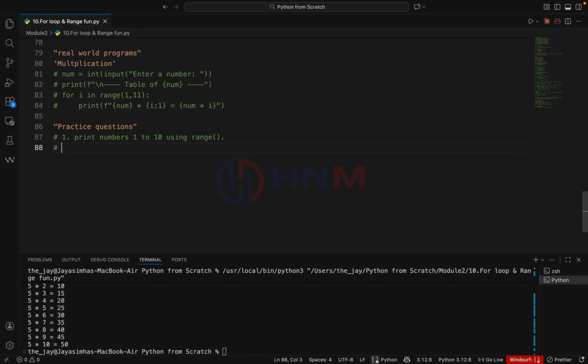And print all even numbers from 2 to 20, right, using a range with the step value. To get even numbers, you must use a step, right. And